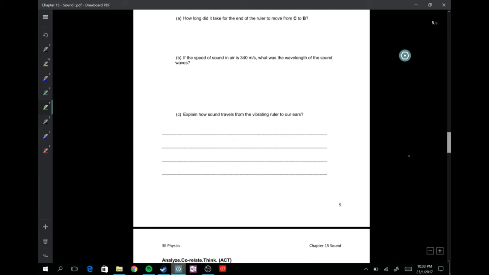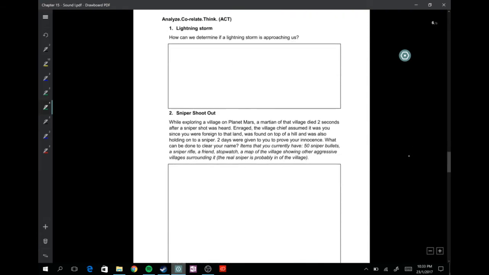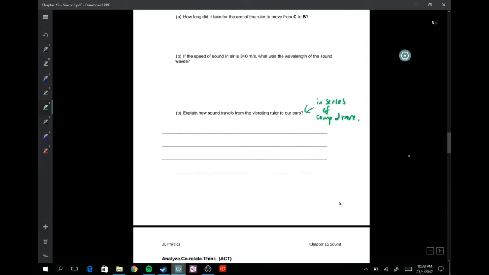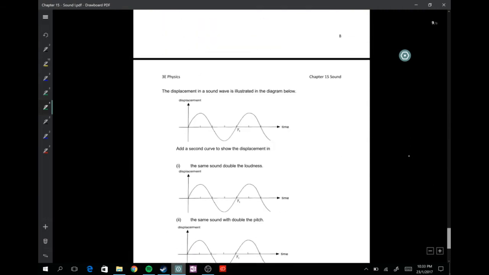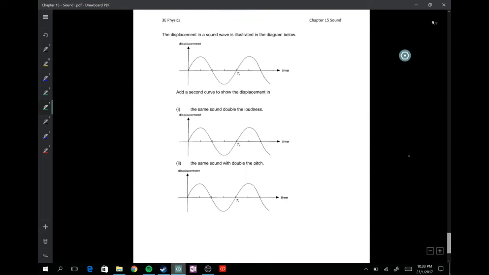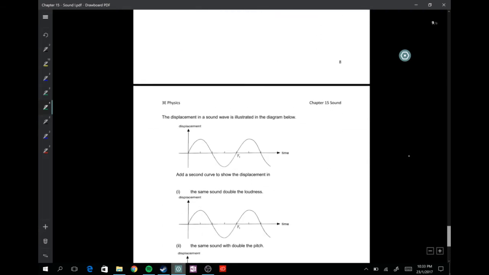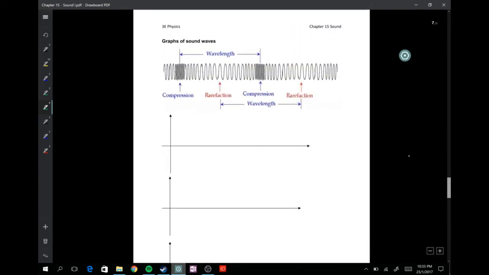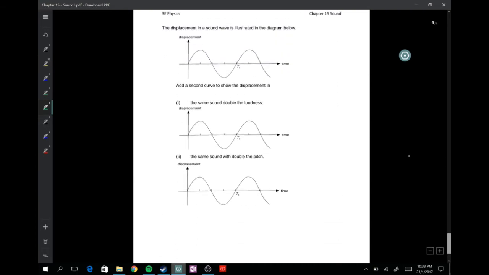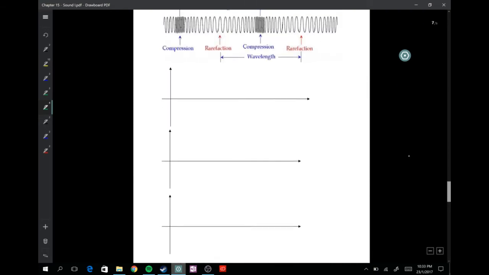For this, I want you all to explain in terms of in series of compression and rarefaction. Now page 6, I want you all to think about it also, so I'm not going to go through it. I'll go through it in class. Now page 7 is the interesting one. After I finish page 7, I basically almost finish the whole of sound. Just the application I haven't finished. So let's try to finish up page 7.